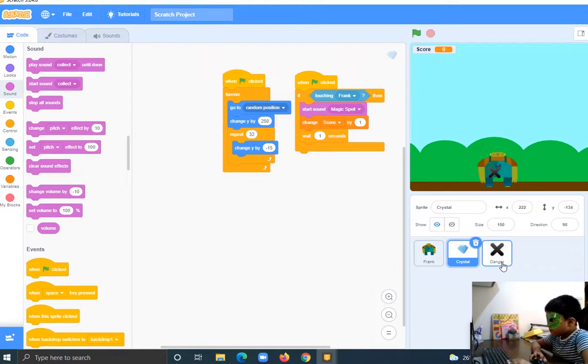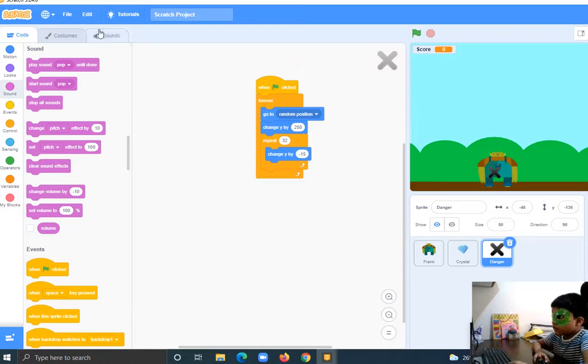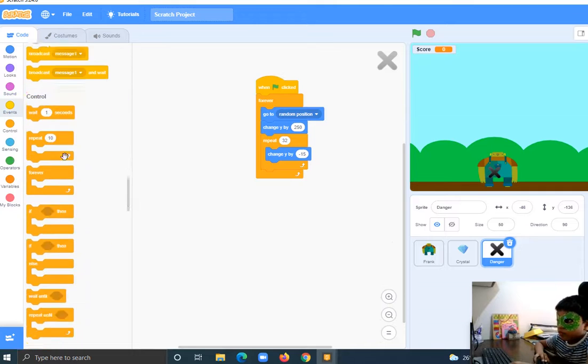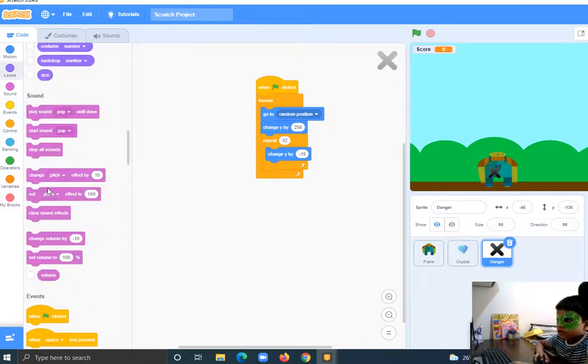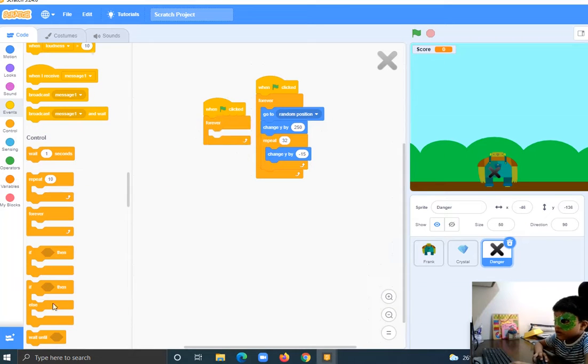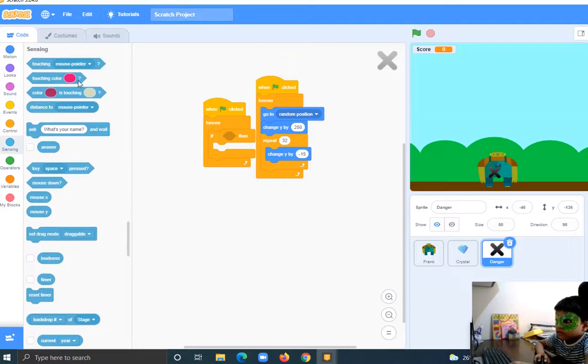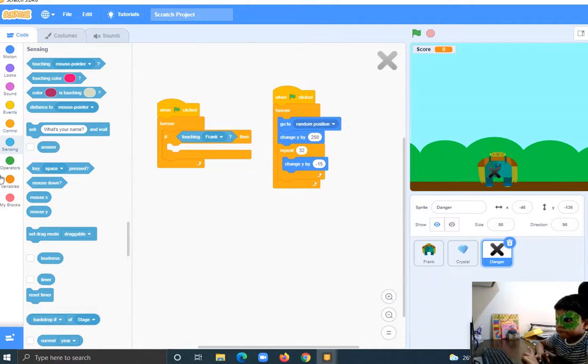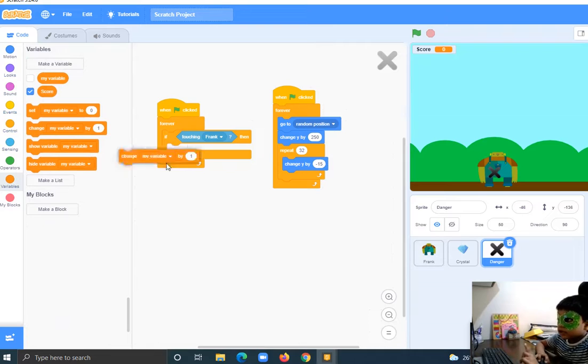Now for the danger, we go to events, when clicked, forever, if sensing touching Frank, then you go to variables, change